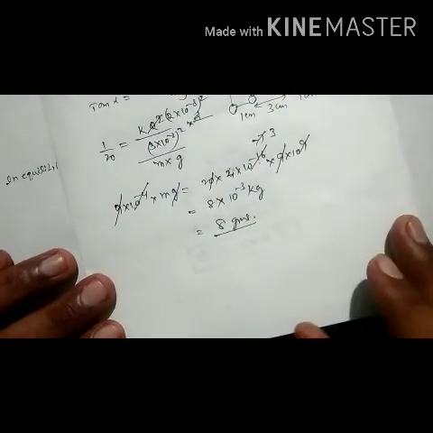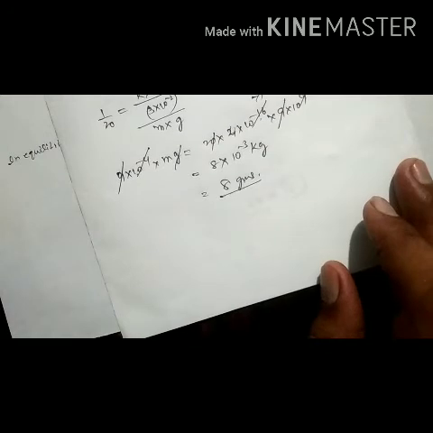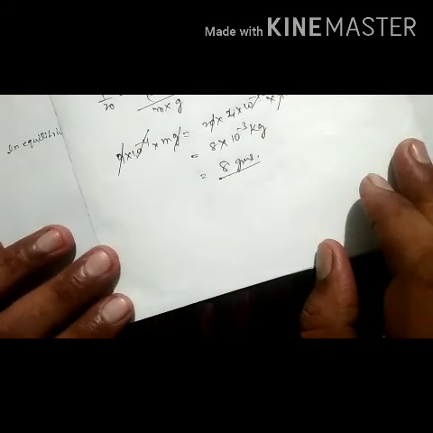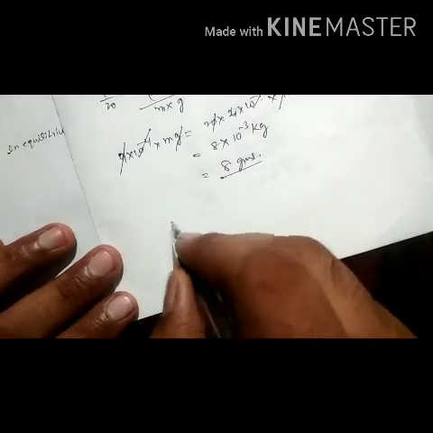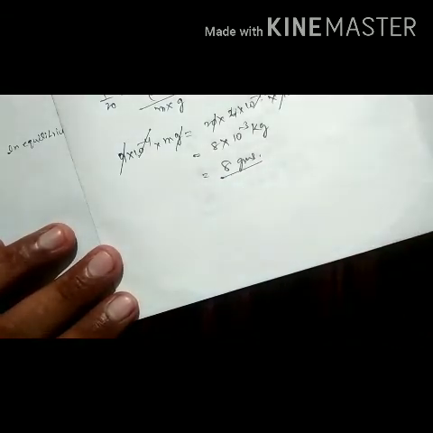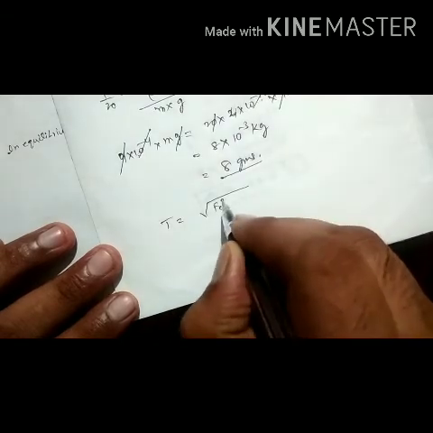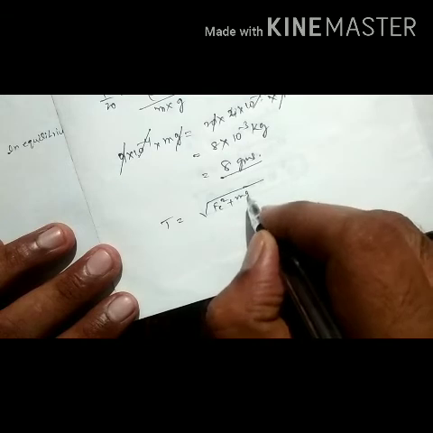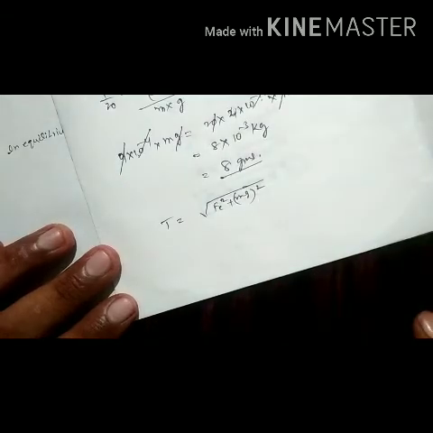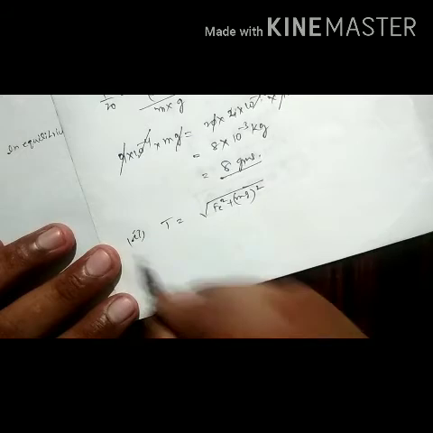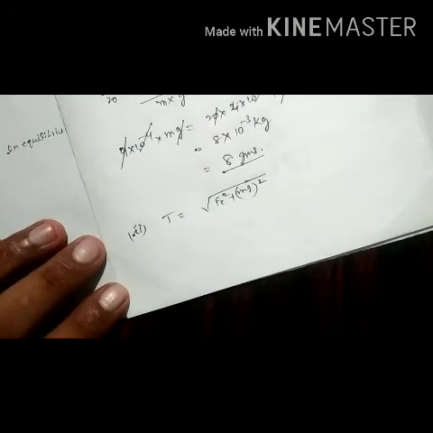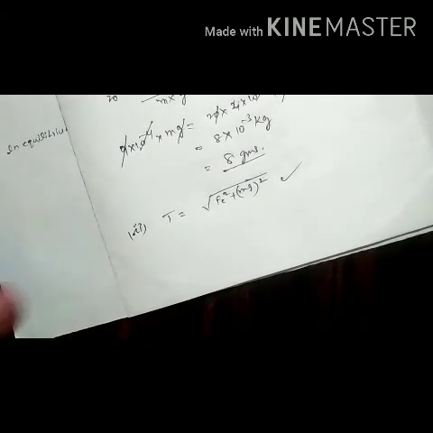Then you have to find the tension in the string. You can calculate T sin theta, T sin alpha. By using this equation, T is equal to the square root of Fe square plus mg whole square. So this is one relation. You try for yourself, and you will get the tension T. The mass of each ball you already got. This is how we can solve this problem. It is a lengthy calculation, and I cannot solve it here, so you can try.